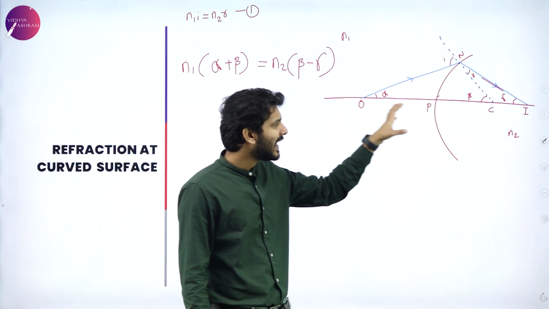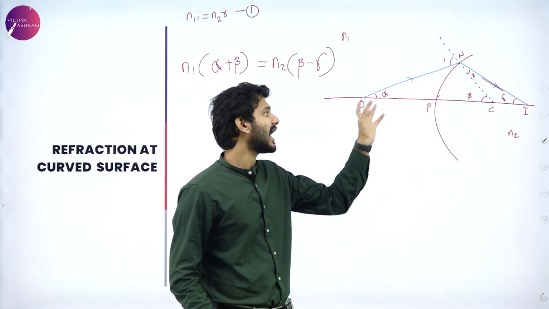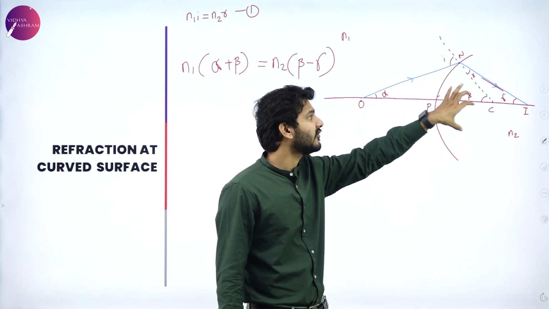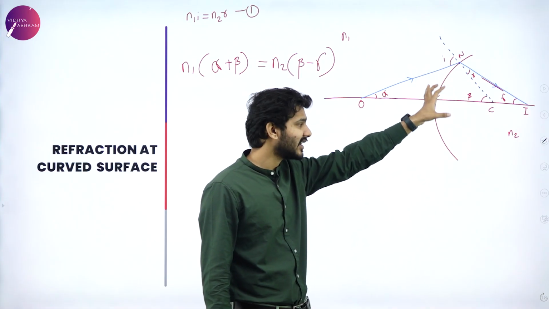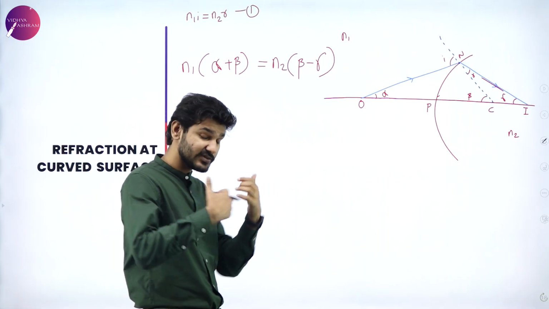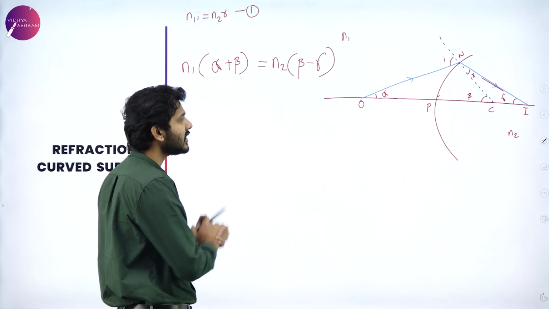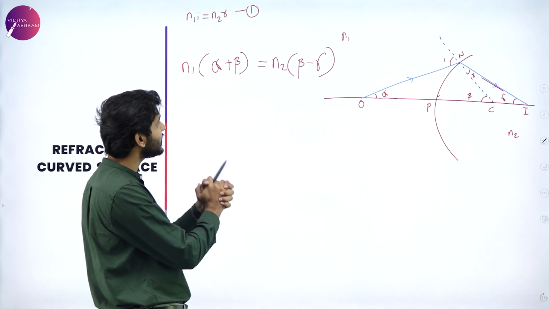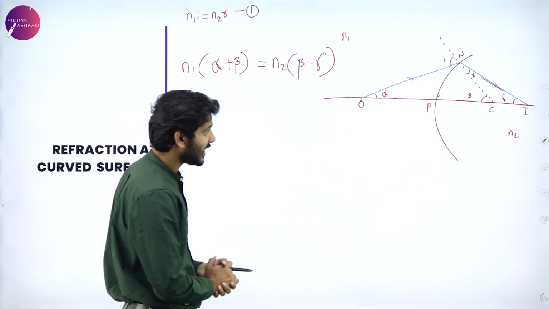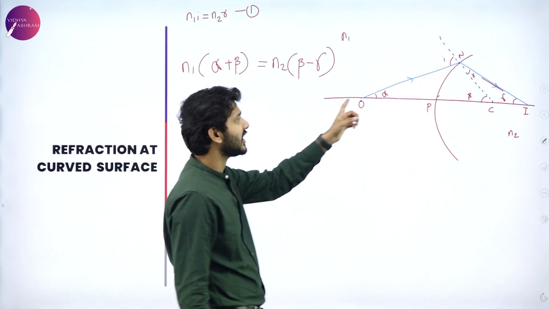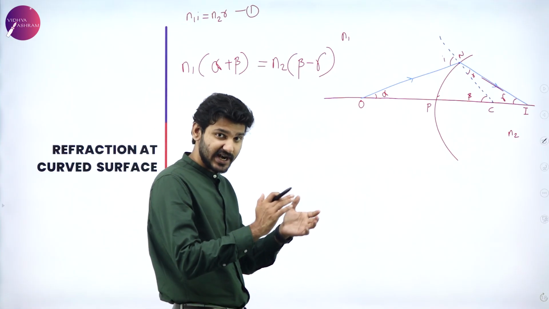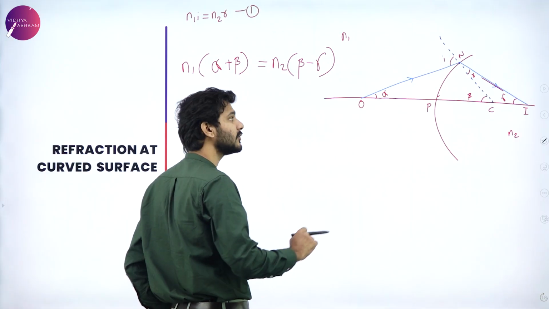So we do know the lengths, but we don't know what alpha, beta, I, and R are. That is why, from the exterior, we are working out a relation in terms of the interior angles and then in terms of the lengths so that we can have a mathematical expression. That is what we are trying to achieve here. The next bit is converting alpha, beta, gamma into the known lengths. For that, I'm going to consider triangle ONC again.